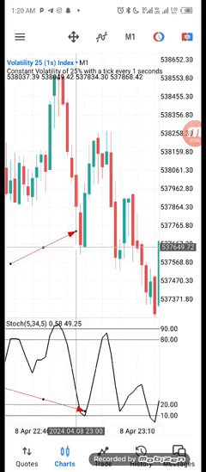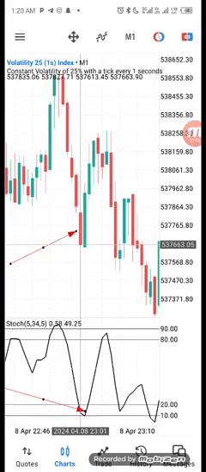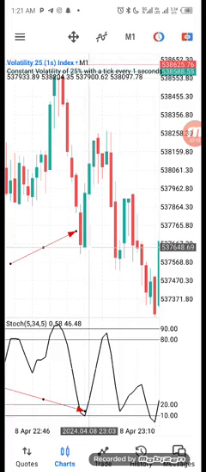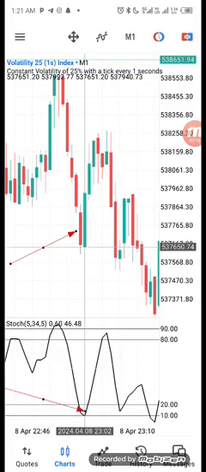Now, if you look at the red candle, which the green candle engulfs, you will see that at that period, the stochastic line is still within the level of 10 and 20. Now, let's check the bullish candle that engulfs the bearish candle. Can you see that at the time of the formation of this bullish candle, the stochastic line is